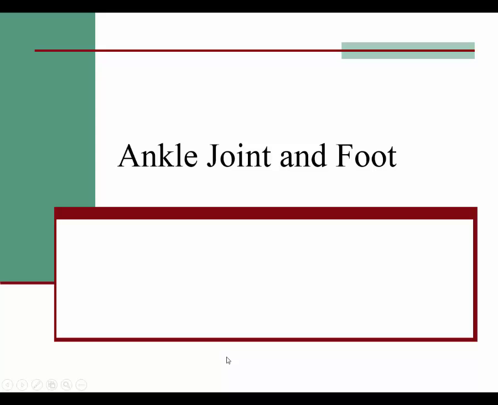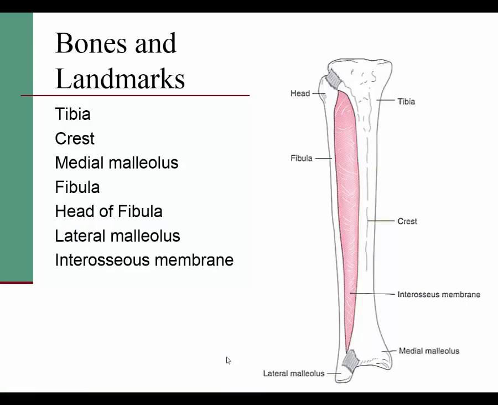Chapter 20, Ankle Joint and Foot. In this chapter, you will need to make sure to know your bones and bony landmarks of the tibia and the fibula, and then of course the foot. When you are palpating the tibia and fibula, I've pulled out some major bony landmarks: not the interosseous membrane, but the medial and lateral malleolus, the crest, the head of the fibula, and then of course the tibial